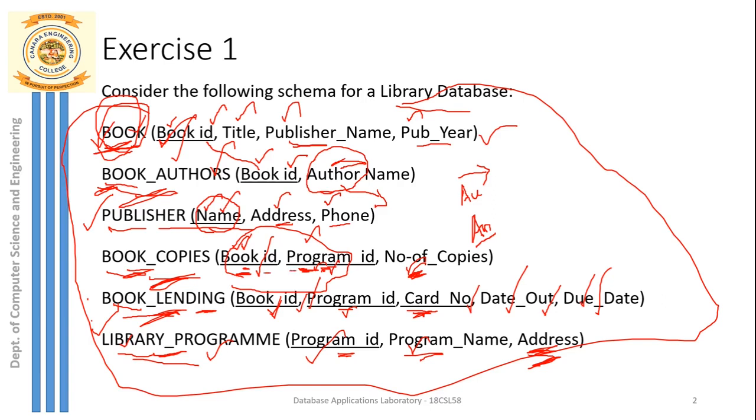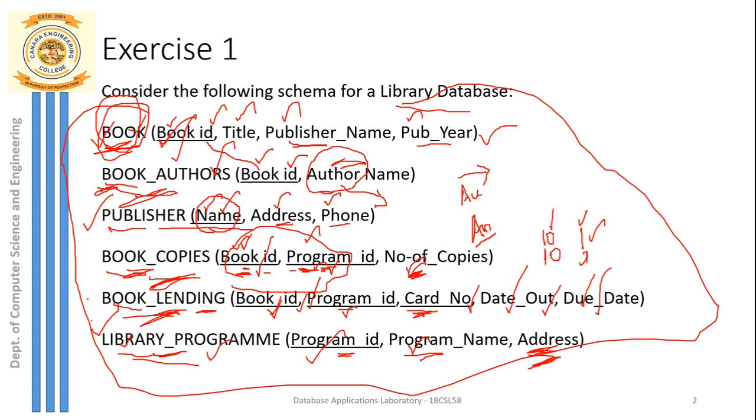For example, if I enter the value book ID as 10, with program ID, for example, 1, I cannot have the next row as 10 again and 1 again. The combination of book ID and program ID is repeating here. This is not allowed. But can I change it? Book ID 10 is available in the library whose ID is 1. The same book, ID 10, is available in the other library whose ID is 2.